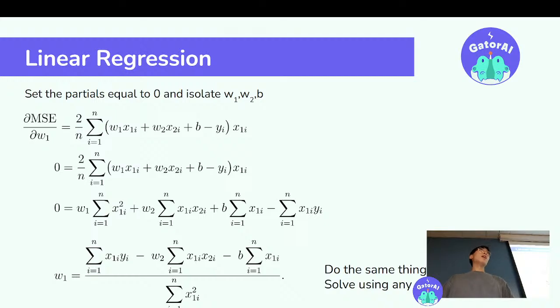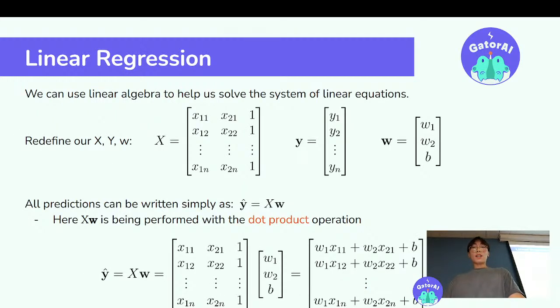Imagine if we wanted to do, let's say, 10 variables or 20 variables. Well, then we have to solve for the partials for 20 equations, and then we have to solve the system of equations that has 20 equations, and you see that can become quite burdensome. So what actually happens is that we can use linear algebra for this. And linear algebra is very well suited to solving systems of linear equations, no matter how many equations we have. And so we can re-represent our problem using linear algebra notation, and that makes things a lot more compact and a lot easier.